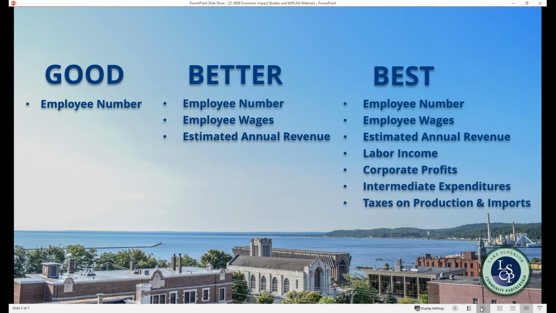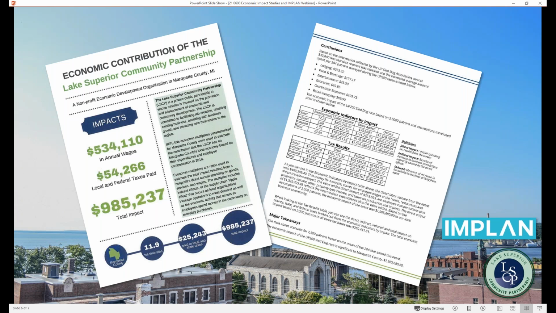Here are two examples of what a report could look like. The first one is just a short little picture report. Or you can do the second one, which is actually, I believe that's like the 7th page of a report. So it can be 1 page or it can be 7 pages. It just depends on what it is that you're in need of.